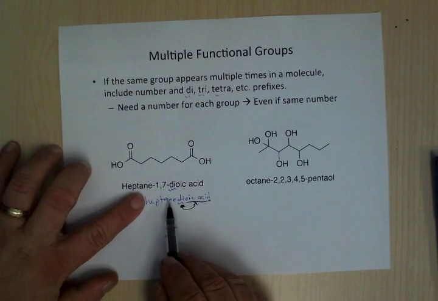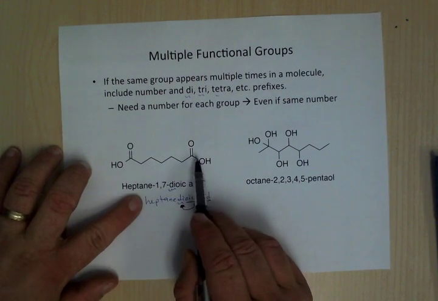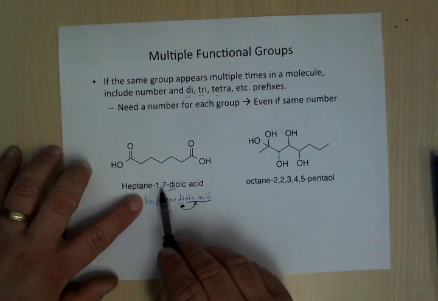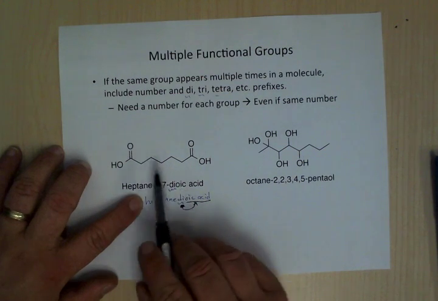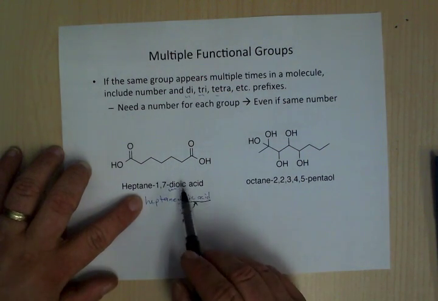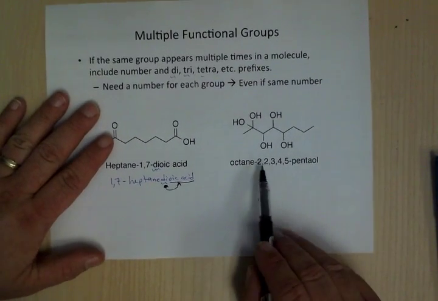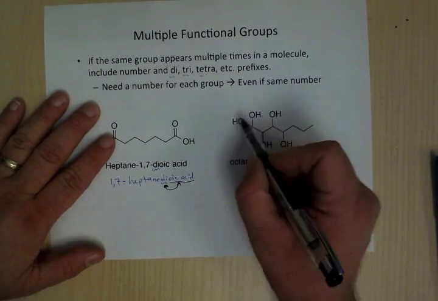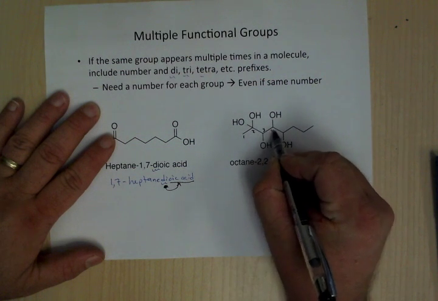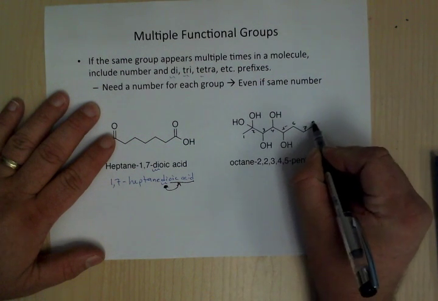Now for here you could get away with only doing 1, and you could probably get away without the numbering on this particular one because that's the only place they could be. But when you're starting out, it's good to put the names in. Now for here, it's 2, 2, 3. I have, so if I did this 1, 2, 3, 4, 5, 6, 7, 8, right, so with that,